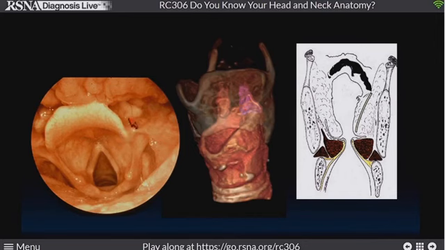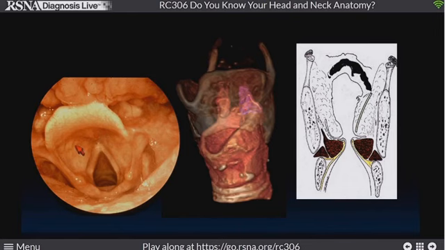Number one, we'll pick out structures that will help us navigate through the larynx when we're looking at imaging. We'll also point out a few things that really make a big difference at surgery. So we'll throw in a little bit of pathology. And then finally, maybe talk about a couple things that I think are curious, but you may not. We'll see how it goes.